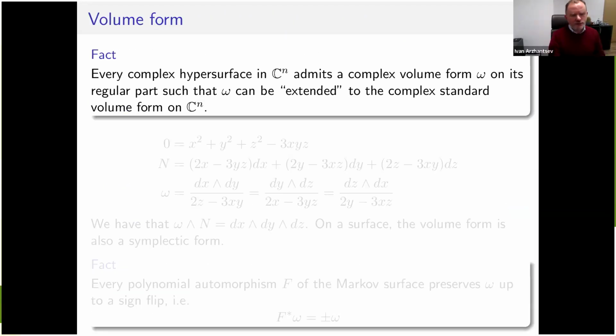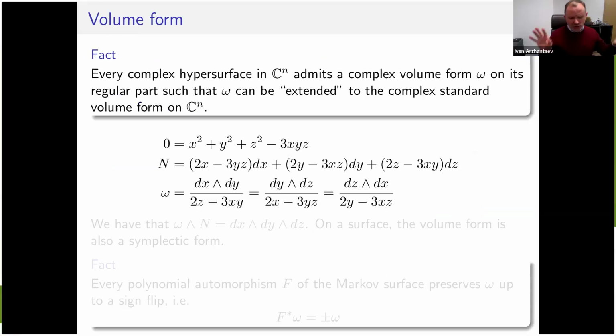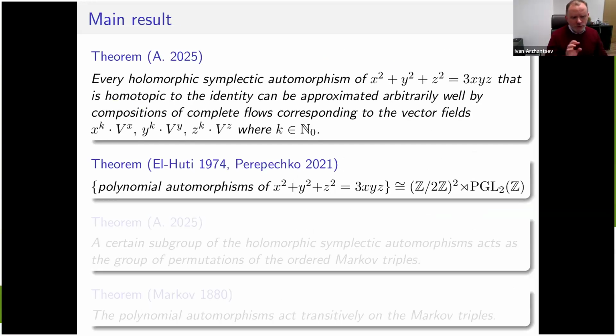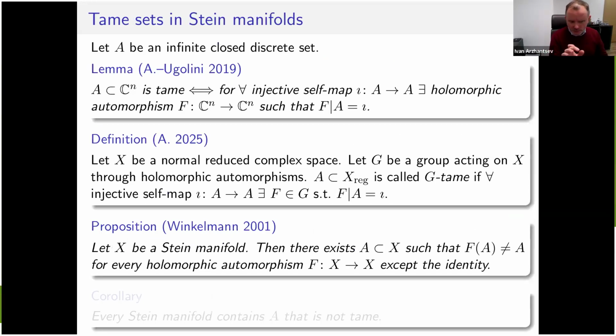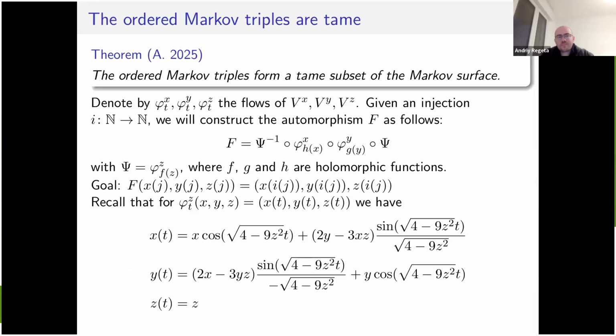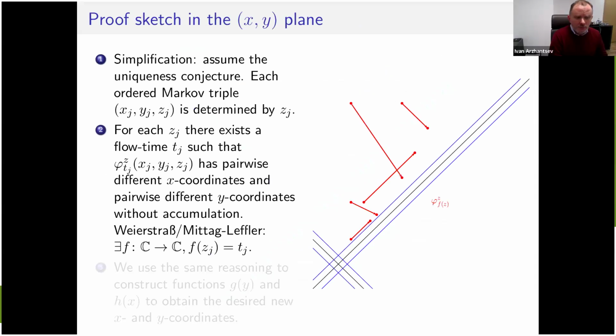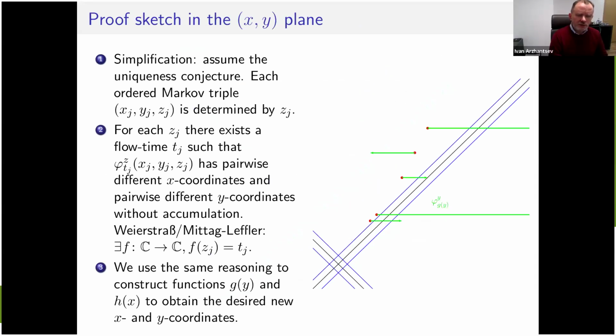Okay, so I will just say what I mean. You said that there is a conjecture which is still open, that this triple is uniquely defined by this last coordinate. And when you came to the proof of the statement about the tameness of such a collection, you said that for simplicity, you will assume that this conjecture is proved, but it doesn't influence the result or the proof. It does not. So the thing is, I